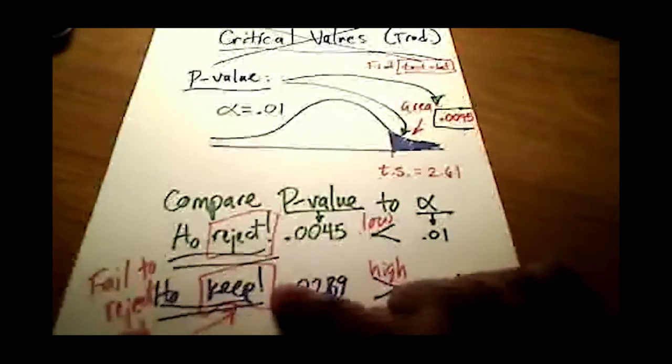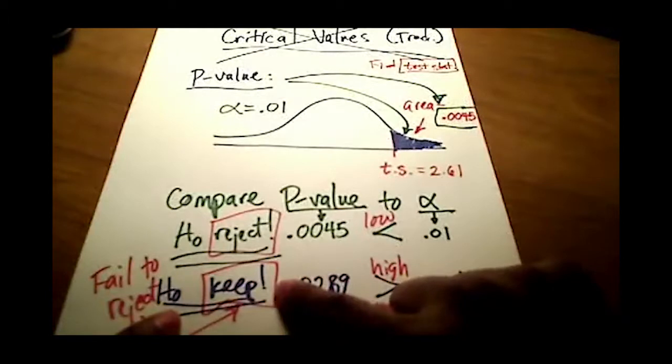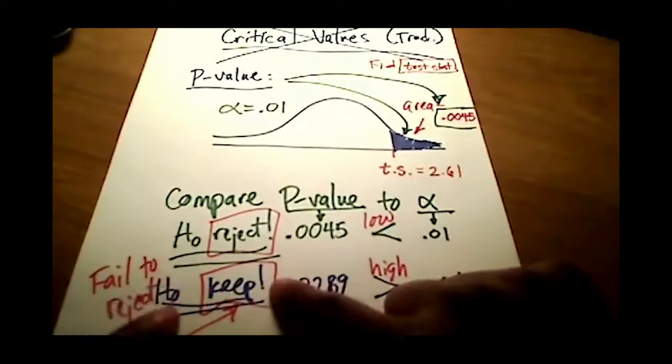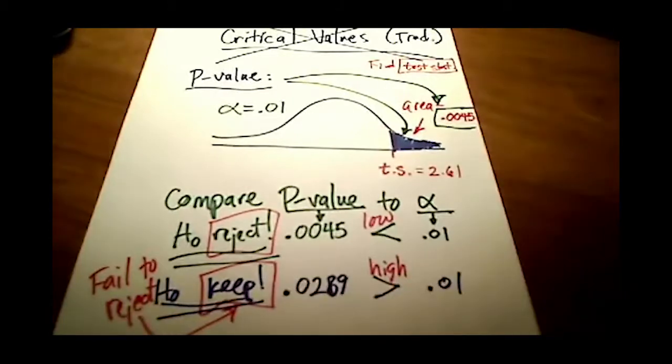Right? If we keep the null hypothesis, what we're in essence saying is this may be true, therefore we don't have enough evidence to support our claim. Right? So the wording of this is pretty tricky. You've got to get your mind around that as well. But this is how p-value testing works.